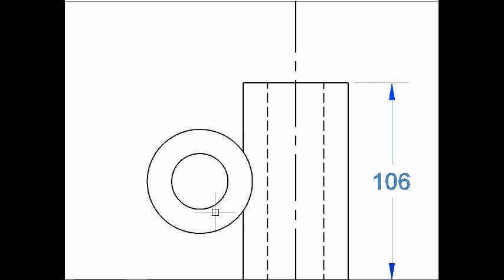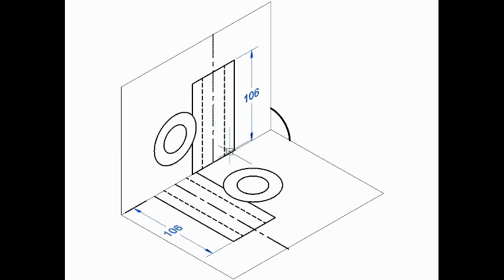That means if you try to visualize this object, then it must be consisting of a cylinder with a hole which is vertical, whose height will be available in the front view, which is shown as 106 here. Likewise, in the front view two circles are there. That means it must be a horizontal cylinder whose length is available in the top view, that is 106. To visualize this by combining these two, front view and top view, is the key or the trick which we will be often using in machine drawing and in the practice of being an engineer.